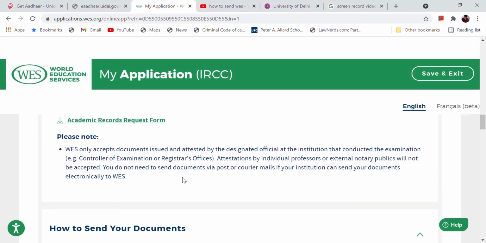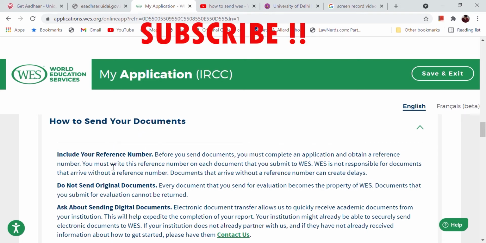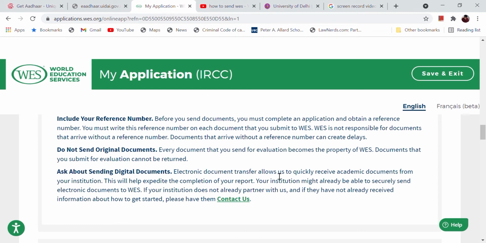So now as you move further, please read all the guidelines, all the points that has been provided on the website. Don't rely just on this video. You have to include your reference number. You don't send your original mark sheets and original degree to them, and ask your university if they can electronically send your documents to WES so that they can receive your documents quickly.